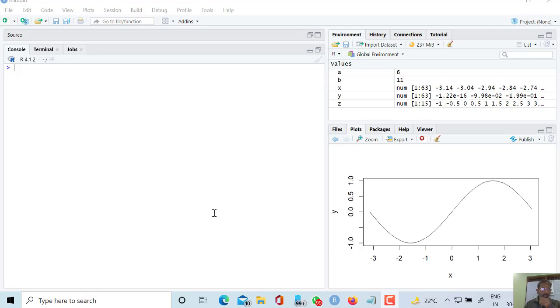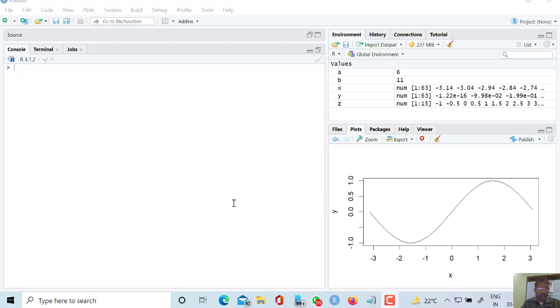Now I am going to explain data frames. Data frame is a very important tool in R programming. So we will learn how to create the vector, and after that we will learn how to create a data frame, because a data frame is the advanced version of a vector also.